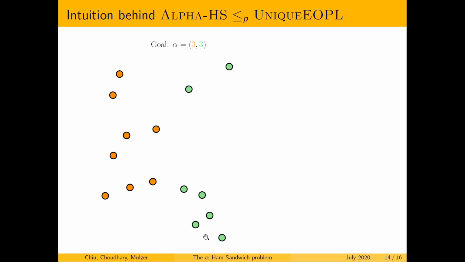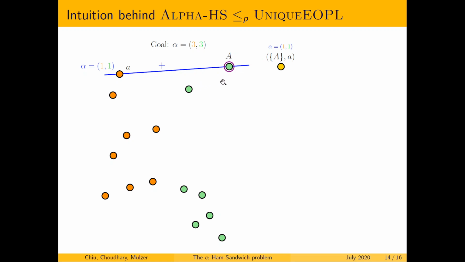Let's say we are given 2 point sets in the plane, the orange points and the green points, and we want to find a line which has an orientation such that the positive half plane contains 3 points from the orange point set and 3 points from the green point set. Let's say we are also given a tangent hyperplane, so something for which the alpha vector is (1, 1). We record this line as a vertex,